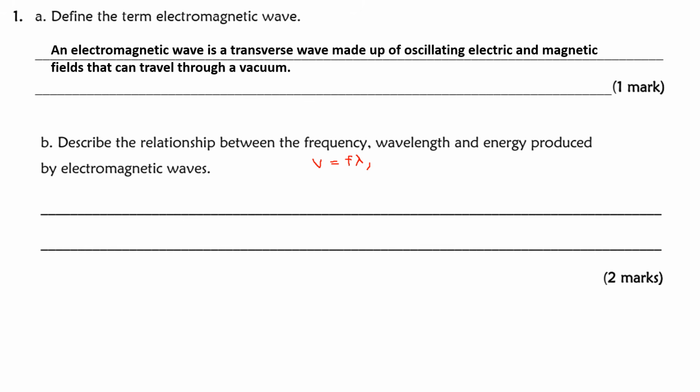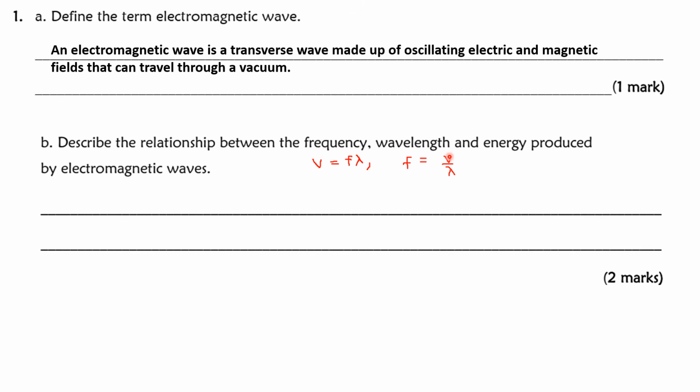All right, we can rewrite this equation as f equals v divided by lambda, or speed divided by wavelength. If we keep the speed v constant,